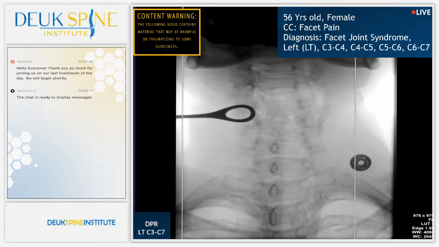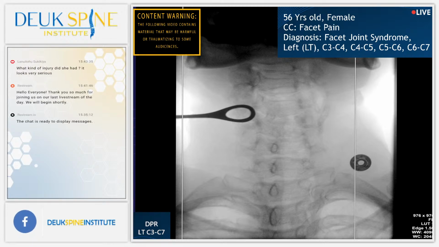The concept of removing pain nerves has been around for a long time, 100 years or more. I'm not the first person to do a rhizotomy. Anybody know how the concept of rhizotomy came about? It came about from patients with leprosy. You see, patients with leprosy, the